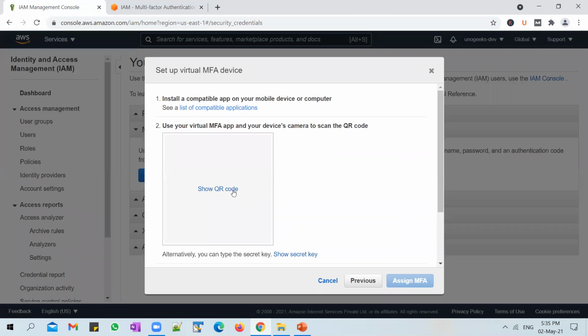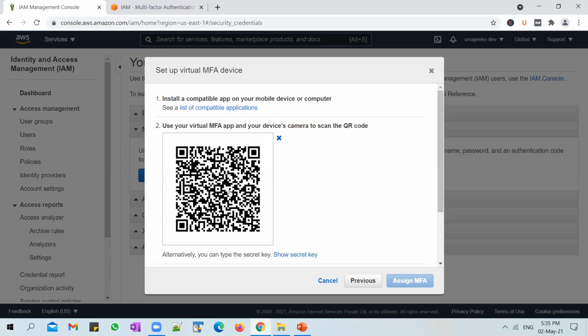So what do I do? I come here, I click on show QR code, and you open up your mobile phone and go to your Google Authenticator. I hope you have already installed it on your mobile phone.